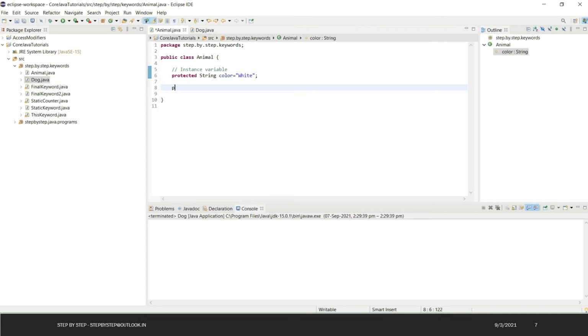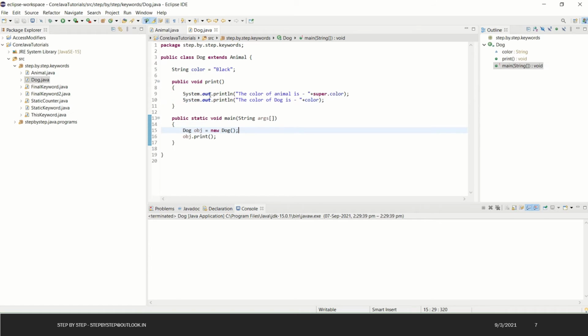I'll make it protected, because we can access the protected method in the subclass. I'll add a similar method, and this will have a sysout which will print the animal color is, then color. I'll just save it.